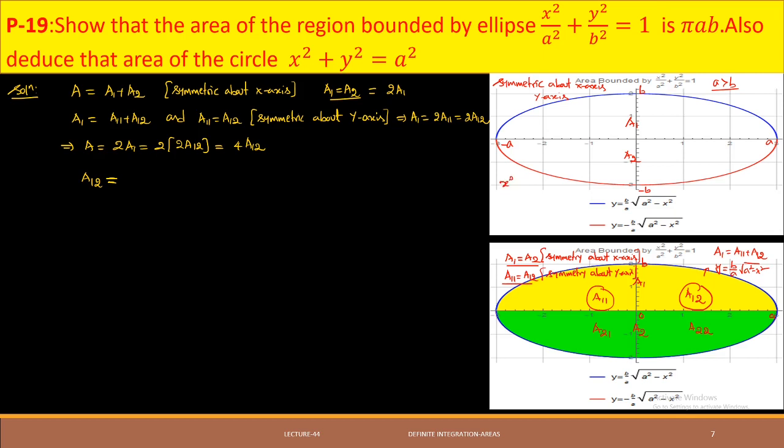So I have this equation x square by a square plus y square by b square is equal to 1. So y square by b square is equal to 1 minus x square by a square, and from this I get plus or minus b by a into under root a square minus x square. The positive y, b by a into root of a square minus x square, is given by the upper part of the ellipse, and minus b by a into root of a square minus x square is given by the lower part. Okay, so